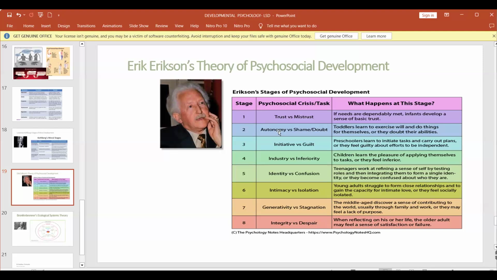Feeding. When the child is hungry, the child cries. And when the child cries, the caregiver mother attends to it and feeds the child. That is a trusting experience for the child. The child cries when he's hungry. That is what the child does during the first stage. So feeding becomes the most important life event for Erik Erikson also, not for gratification of the mouth as in Sigmund Freud, but to fulfill the need for a trusting relationship with the caregiver.